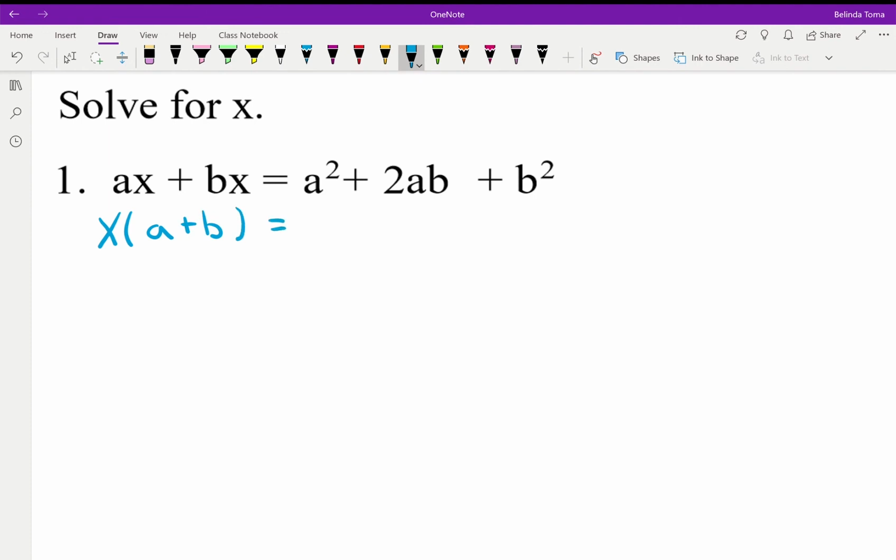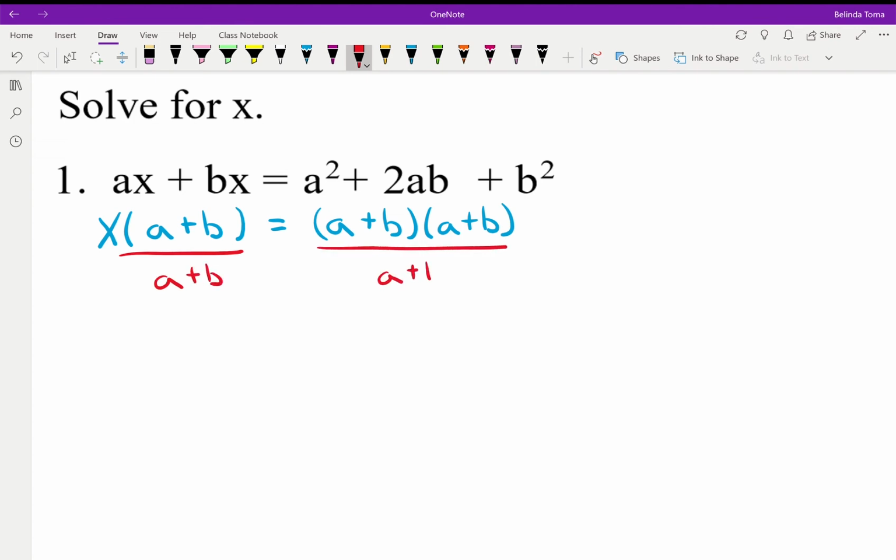On the other side, we can see that we have a perfect square trinomial, and we could factor that to a plus b times the quantity of a plus b. We could then divide both sides by a plus b to get the variable of x by itself,